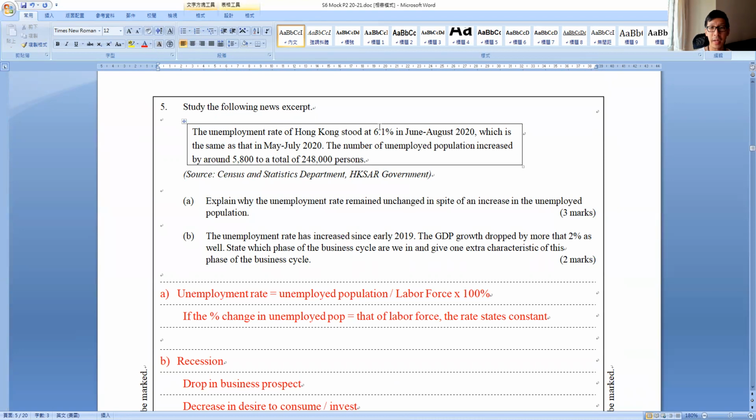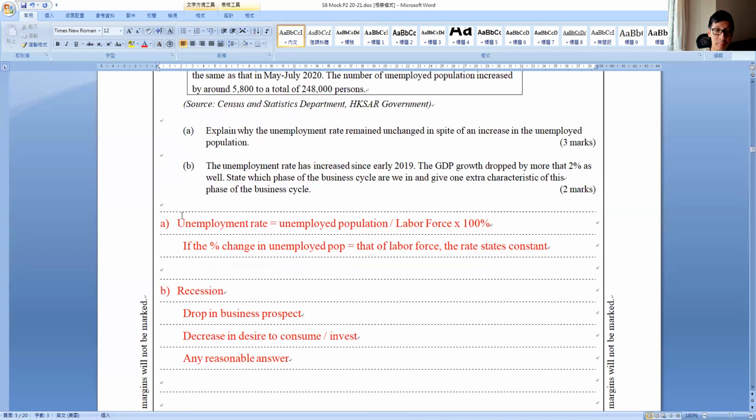Now the unemployment rate stood at this, right, which is the same. The number of unemployed population increased by around this. Okay, now we need to explain why unemployment rate remained unchanged despite an increase in the unemployed population. Several things you need to write. First, you need to write down this formula with 嗱提咗好多次啊呢個 times 100%。嗱，你又唔寫成100%，我真係幫你唔到。我講咗好多次噶啦，好嘛？You need to times 100%, right？係嘛？This will